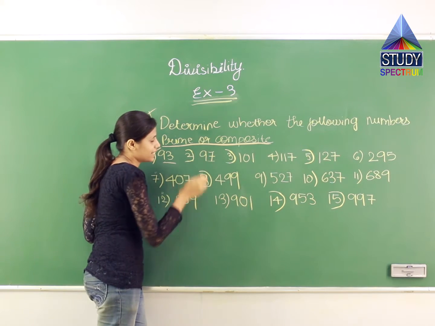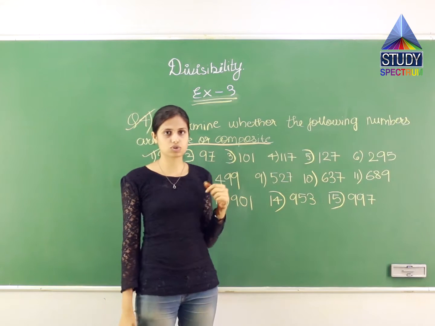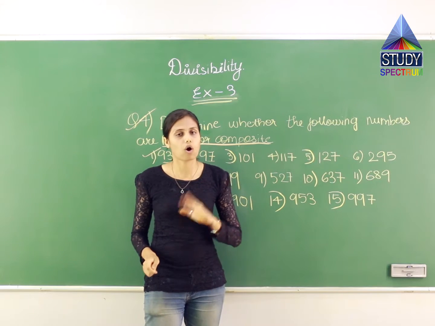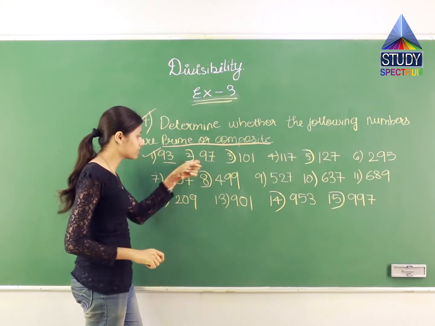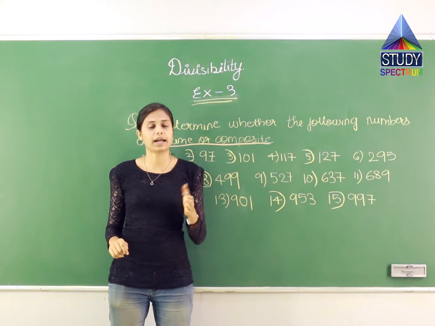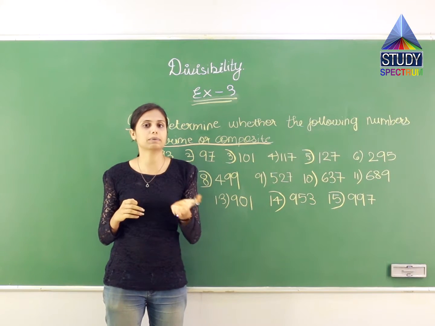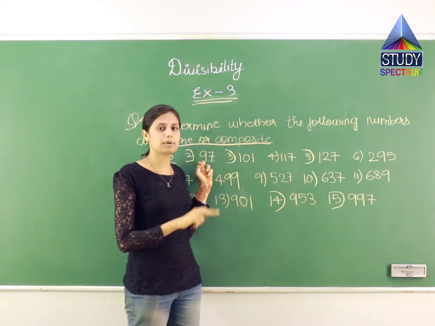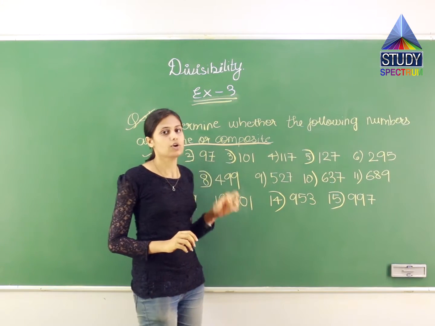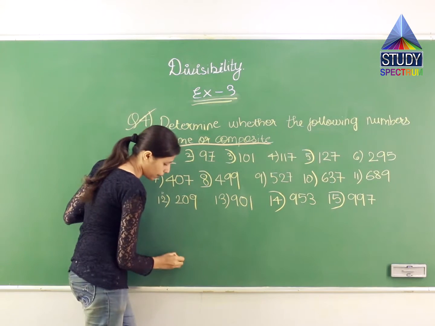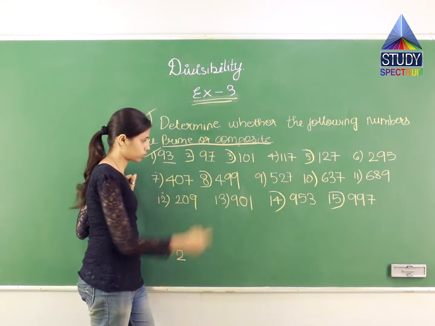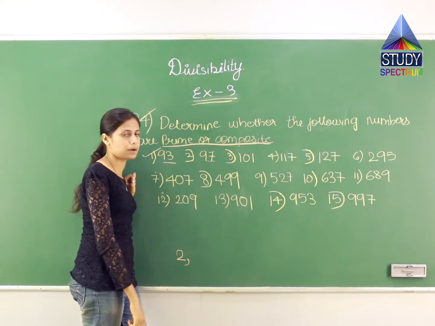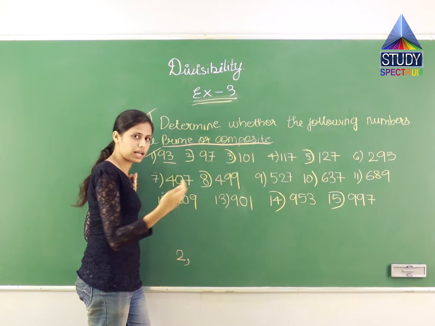Now moving on to 97. In the previous question, that is question number 3, we have written all the prime numbers from 1 to 100, right? So 97 was amongst them. Means what? 97 खुद के and 1 के टेबल में, that is 97's table and 1's table को छोड़ के किसी और के टेबल में नहीं आता है. So what is this? This is a prime number. So I'll write it down over here. So the serial number 2 is what? A prime number. That is, 97 is a prime number. Because it does not, you can check through tables.